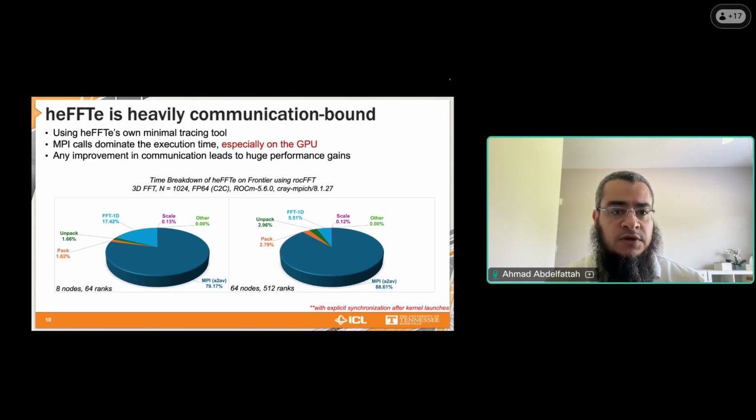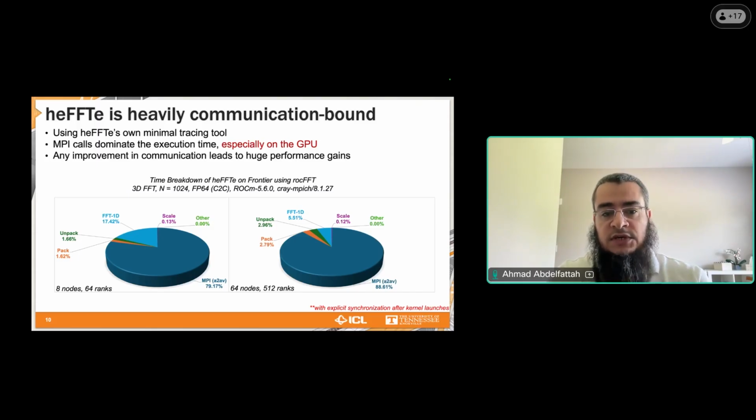This is another slide that maybe needs a little bit of an update. Just to show here that heFFTe is among the very flexible libraries out there. It can do a lot of stuff with your FFT, and I'll come to that later. There are so many controls that you can tweak in order to achieve different performance levels on the same hardware.